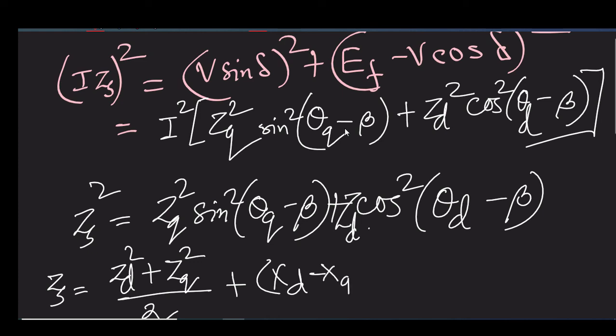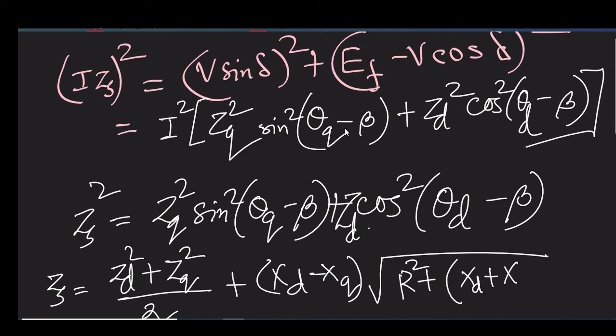What is important is to show you a shape, and I am going to show you that xt minus xq root under r square plus xt plus xq whole square means xq by 2 whole square into sine